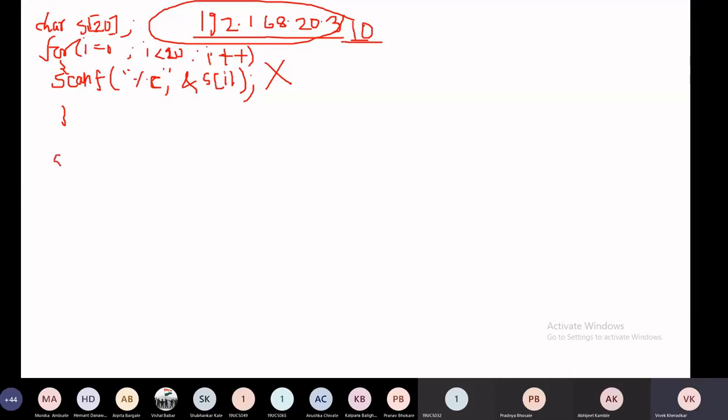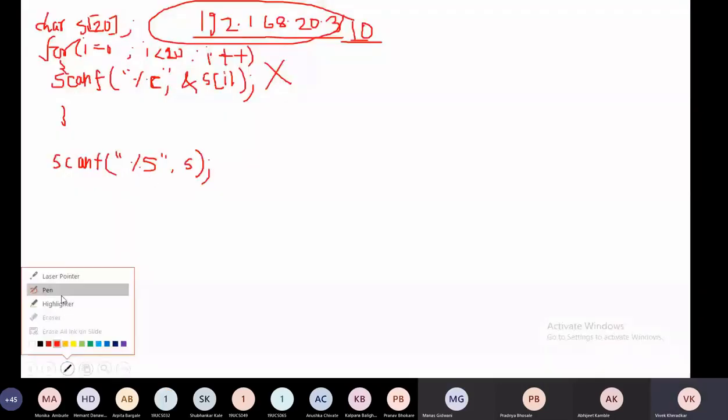So how do I convert it into a string? Instead of asking by character, I will input the characters as a whole string by using the format specifier %s. I want to input scanf with %s, which is a string, and store it to a string, which only requires the string name, so s. There is no need for ampersand because the string name itself is the address type. The string will be input from the user and stored to s, and automatically this %s will add null at the last.